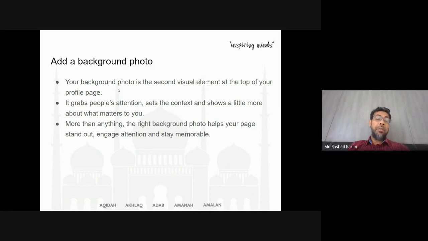It grabs people's attention, sets the context, and shows a little more about what matters to you. That means it's a choice of your psychology and also your profession. More than anything, the right background photo helps your page stand out and engage attention to stay memorable.